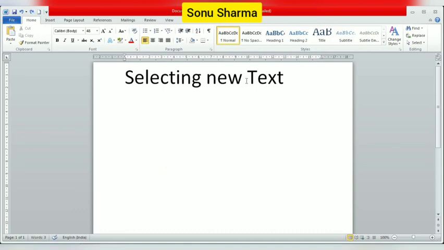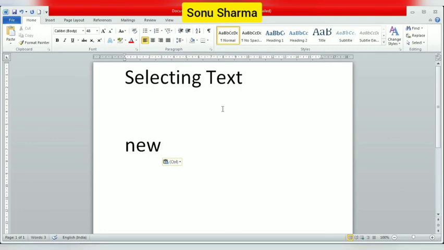Now we will see how to do the moving. Moving means cutting. Suppose we want to cut this word new and place it here. How to do this? Again, first of all, you have to select this word new. We'll double click and select this word. Now we'll go again to this Clipboard group, and here you can see Cut is there. So click on Cut. Now see, it is gone. Now wherever you want to place that word, click, and the cursor will be here. And now again go to the Clipboard group and click on Paste. See, the word new has come here. Okay, in this way you can move any text from any position to another position. Understood? So in this way, copying and moving can be done.